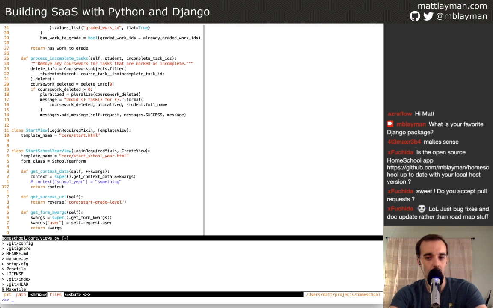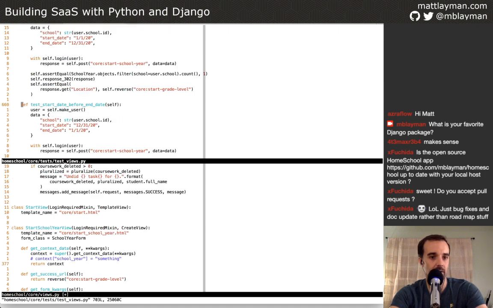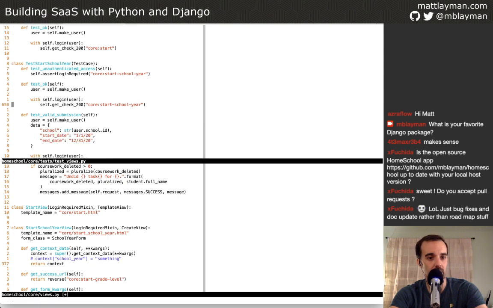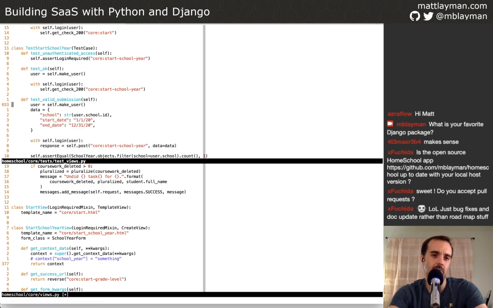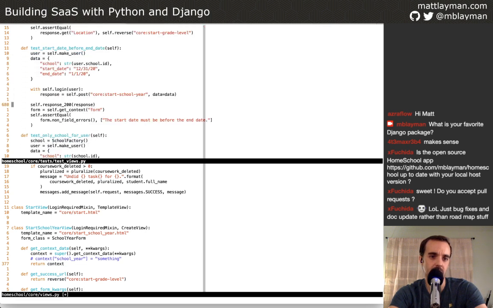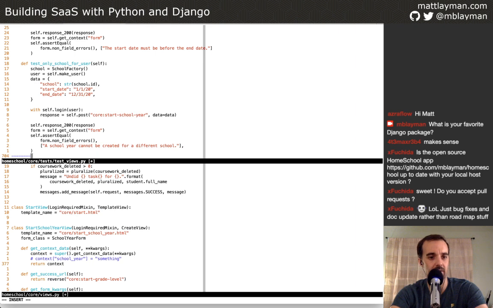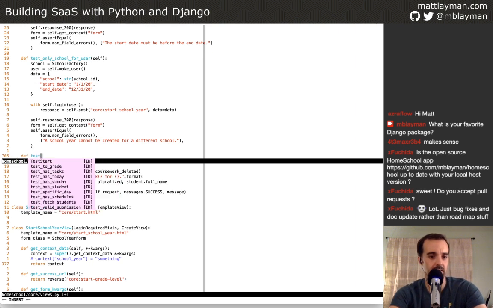So let's open up the core test file for the test views. We'll go to the test case, which we're already at. We've got a view that just checks OK. We have another one that checks for a valid submission, and then 2 that are checking for validation errors. And then this is an exceptional case that comes after the fact, so I think it makes sense logically to put the test here. And we'll say test has school year,